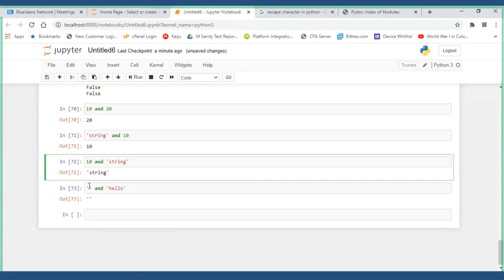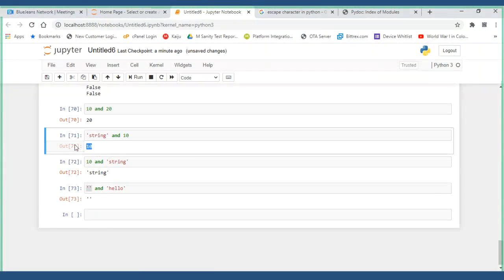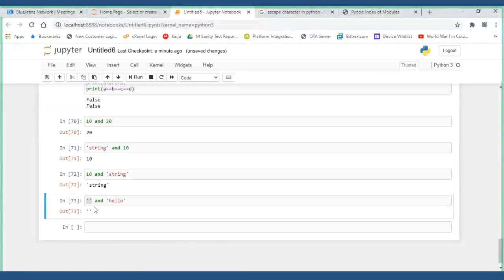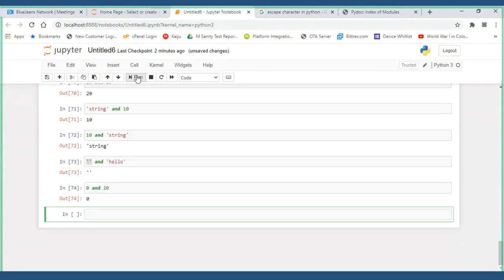That's why I have put an empty string here. That time alone I got something. All the remaining times I was getting whatever is there in the right side. If you remember, I have put 0 and 20. Why didn't it come 0, right? Now what should I get? If I have 0 and 20, and the left side argument is 0 or an empty string,